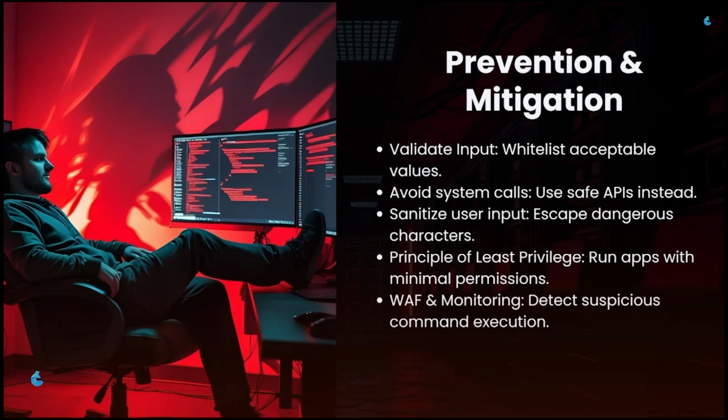Okay, so now the direct, or normal, OS command injection part is done. Now, in one of the upcoming videos, we'll also explore blind OS command injection too, right? So yeah,